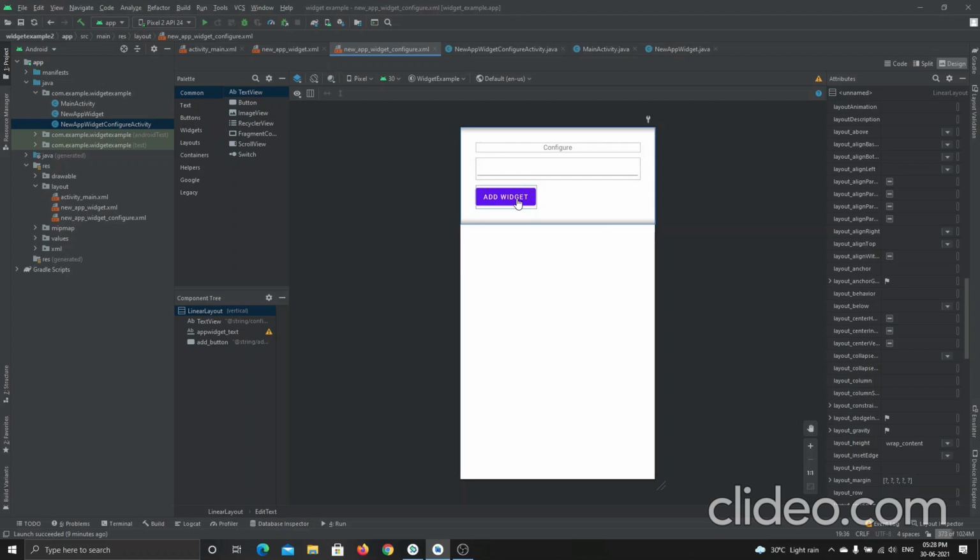But if you want to create other applications, like you want to display weather or reports or news articles or a gallery view or some streaming music application views and all those things, you want to just add this image view, recycler view by using all these widgets and all those palettes. You can just create what you want in this new app widget configure file. Okay, not in this new app widget file.